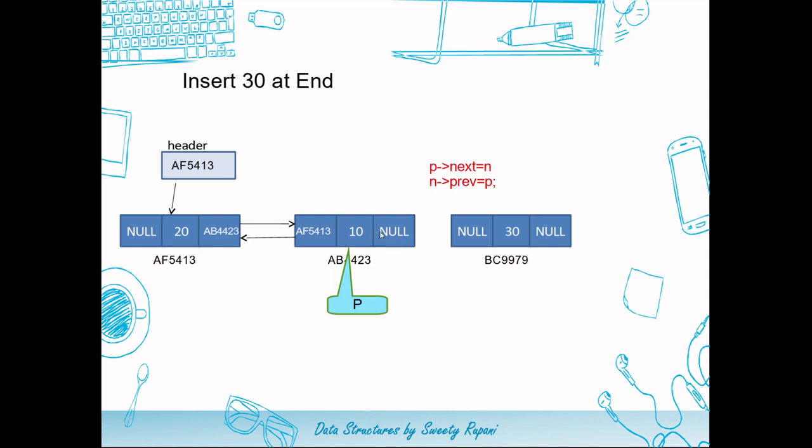Now we have to update this next part of p with a newly created node because this is going to be a last node in our list. So these two updations are required to be done. One is at the p and other would be at the n. So first we are updating next of p with a value n. So null would be replaced so as to create this pointer, and when we execute this statement, previous part of n will get an address from p. Does mean this value null will be replaced with an address of p so as to create the reverse pointer. This is how our node gets inserted at an end of the list.